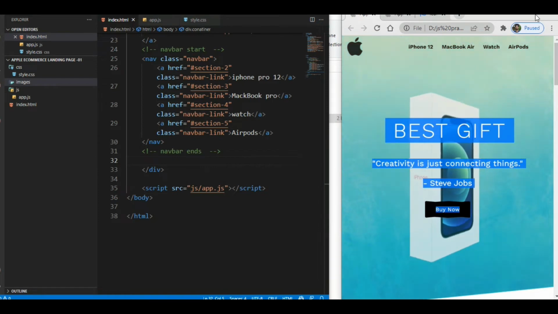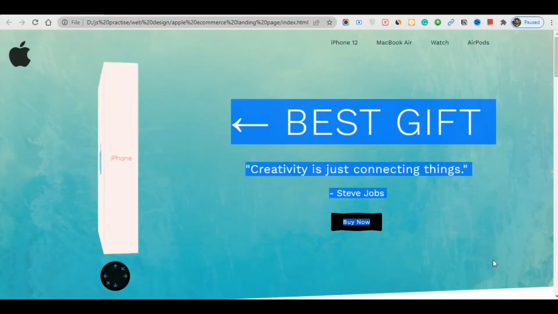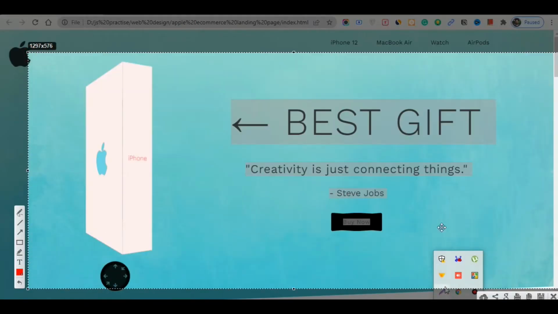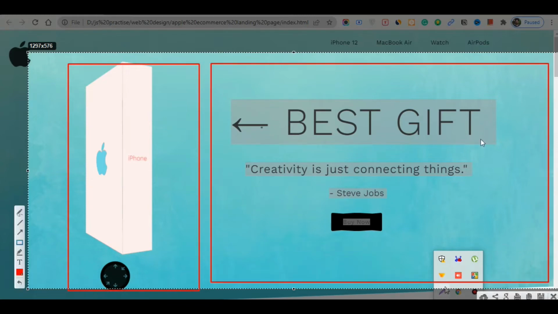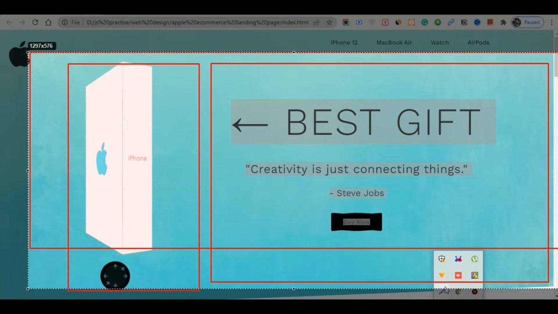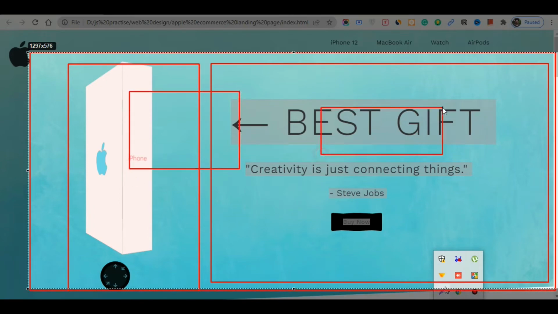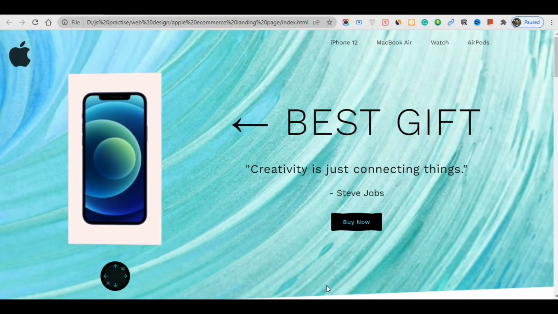Okay, I will minimize this browser and you will see two parts. One part is the cube or carousel slider, another part is text, inside of the main container or main div, and part 2 like that. Okay, so that's it, and I hope you will understand this design,